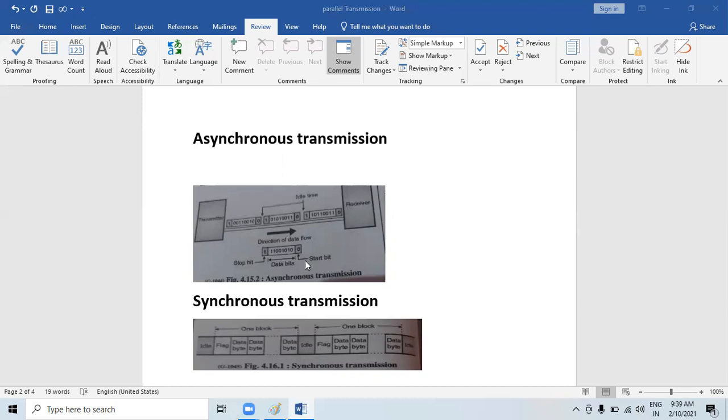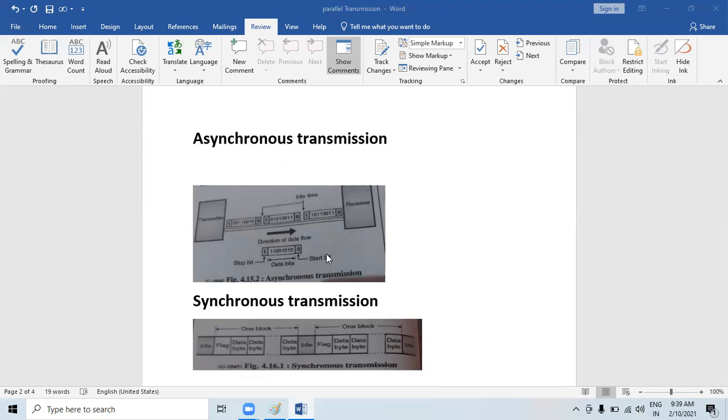So here the start bit is always 0 and the stop bit is always 1. Okay, so here you can see stop and start. In asynchronous transmission, the idle time in between adjacent data bytes is not constant. The idle time is also called gaps between the data bytes. In asynchronous transmission, the timing of the signal is not important. Instead, the information is received and translated by patterns which are agreed upon by sender and receiver. As long as these patterns are being followed, the receiver can retrieve the information without any problem.